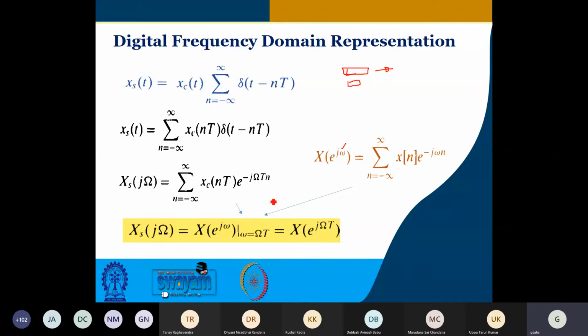So in that case, the sequence of numbers when you process, then it becomes a representation that is related to discrete time Fourier transform, which is given by this expression. And this is the discrete time Fourier transform for x[n], where x[n] is the sampled values of continuous time signal. So they are related like this. So this small omega is related with capital omega in this manner. So this is radian per second and this is second time. So together omega is radian.